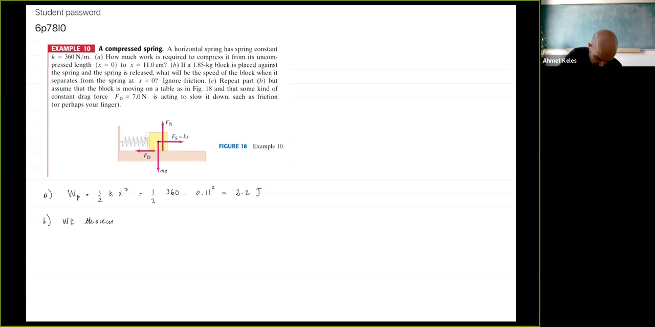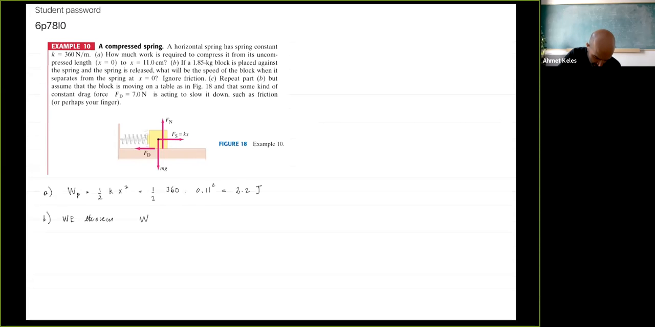It says work done on the block by the spring should be equal to the change in kinetic energy. So the work done on the block by the spring is the force of the spring and the displacement in the same direction. If I multiply these numbers, I'm going to find exactly the same thing I found here. So the work done by the spring is 2.2 joules. And the change in kinetic energy, initially the block is at rest, so initial kinetic energy is 0, and final kinetic energy is 1/2